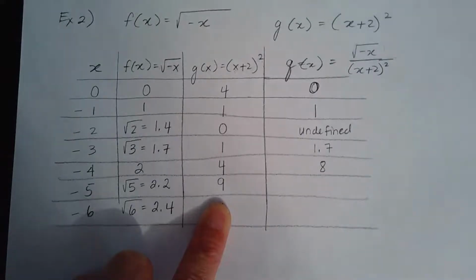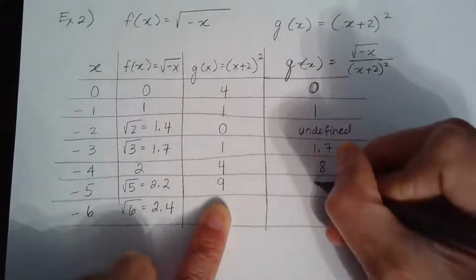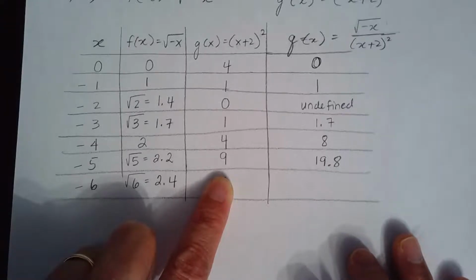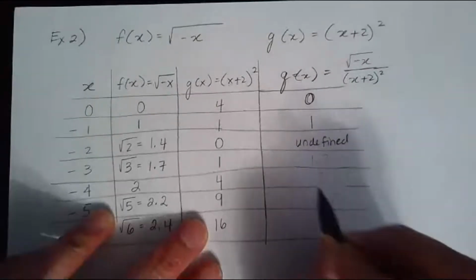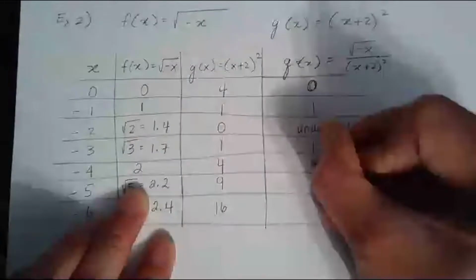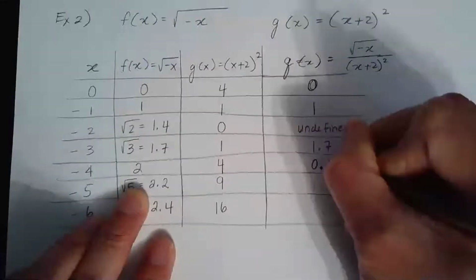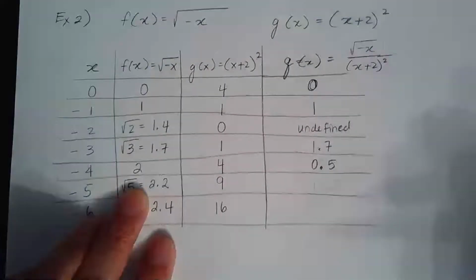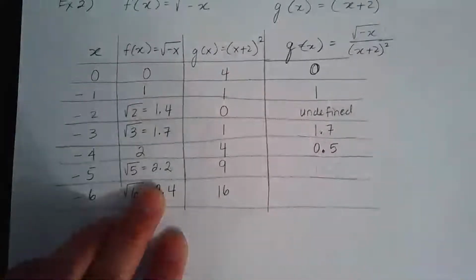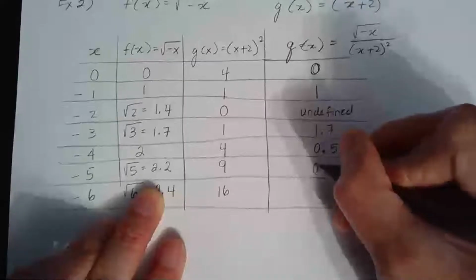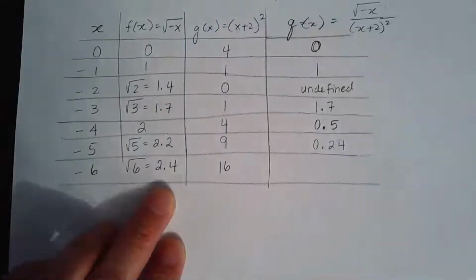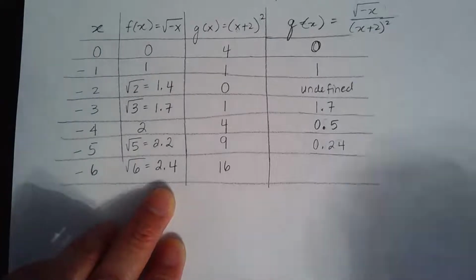Okay, do my math there. 19.8 divided by 4 is 0.5. And then 2.9 is about 0.2444. And then divided by 16, that's going to get into,